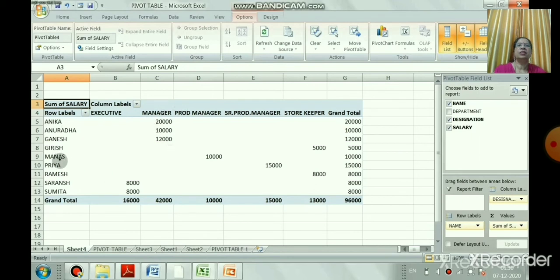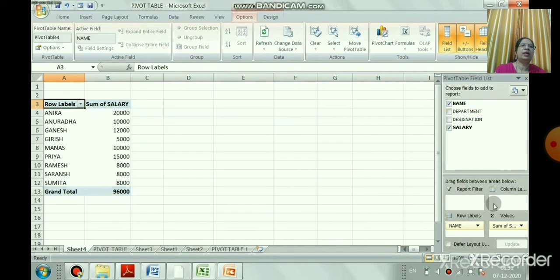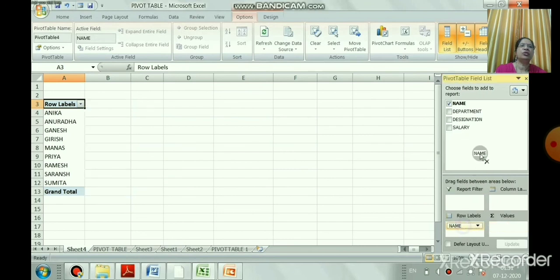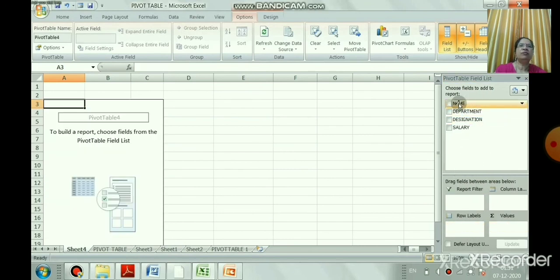Yes children, now can you see this table and your pivot, the difference between the pivot table and the normal table? But remember, when you are doing a pivot table, there should be no blank column or blank row. The pivot table is flexible, while the normal table is fixed. You can take a column anywhere, and if you don't want it, you just put it back, or you can delete it also. That is very flexible.